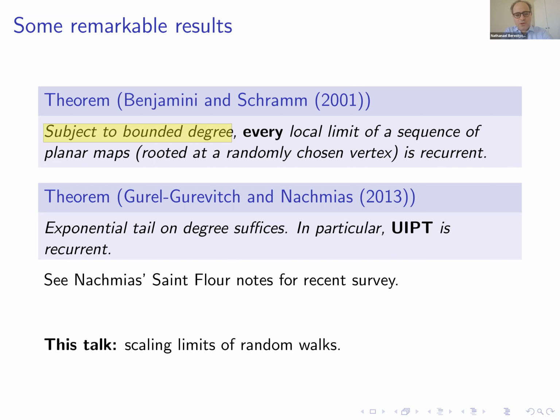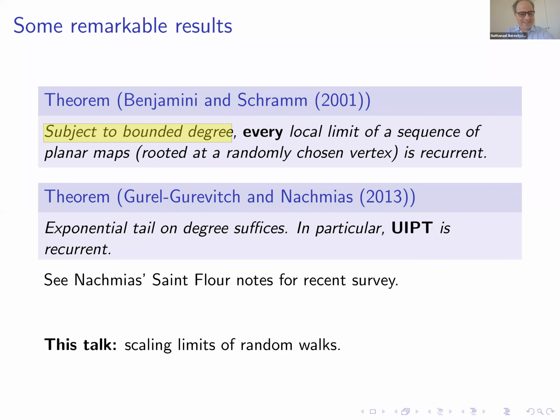This was very strong evidence that the UIPT itself is recurrent, very consistent with their conjecture. In fact, the assumption of bounded degree was removed in a celebrated paper of Ori Gurel-Gurevich and Asaf Nachmias,